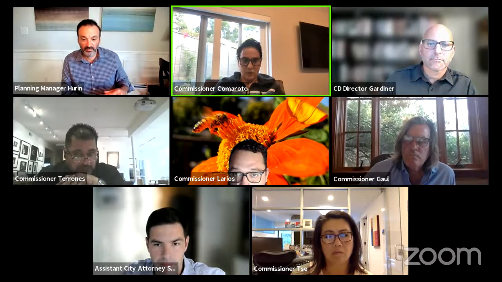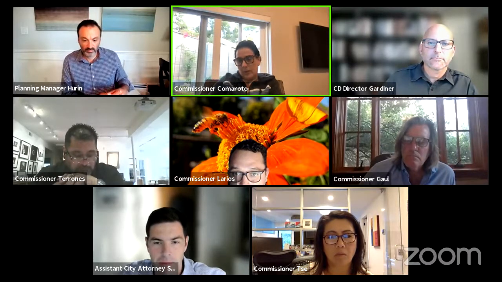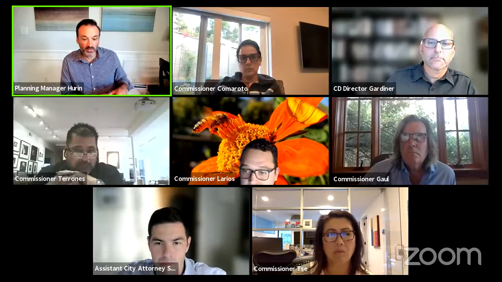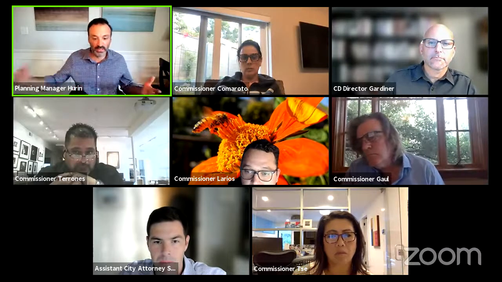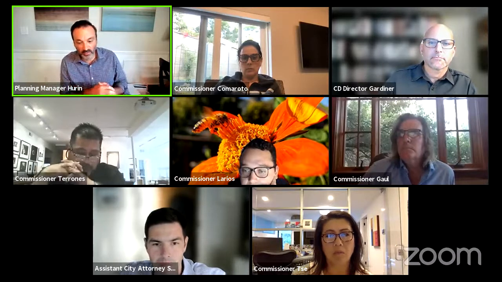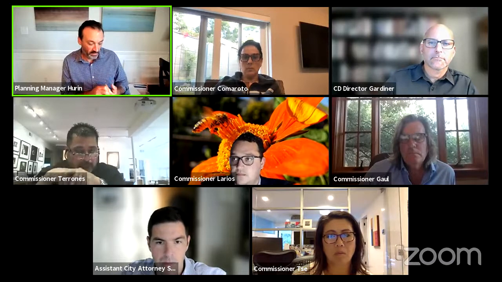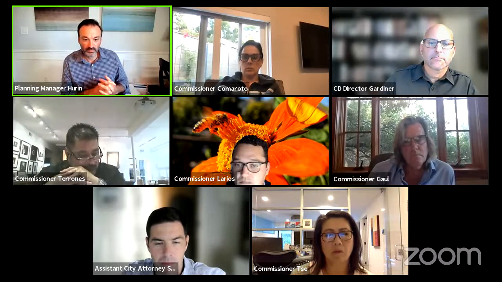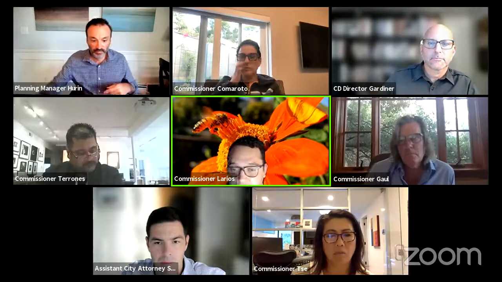So staff is approving single story additions with plate heights that are greater than 9 feet. Yeah, and I think in some of those cases, those homes already had a 9-foot plate height, and they were rebuilding or extending off that existing plate height. So that's why it didn't come before the Planning Commission. We can take a little closer look at those to determine that, but that may be the case in those situations. Okay, thanks. Thank you, my fellow commissioners.